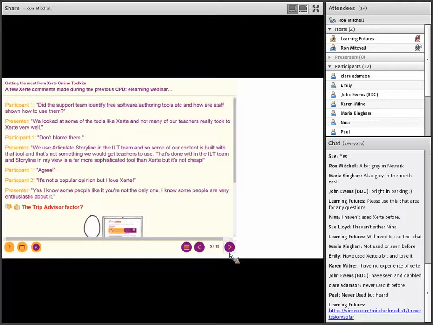And obviously, when there's the cost of a holiday involved, there's an expense in that. What I would say is, in terms of trying Xerte and judging for yourself, it's a free and open source tool, and there really isn't that kind of barrier to trying for yourself and making your own informed decisions.